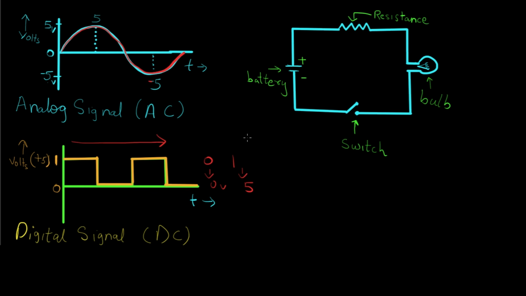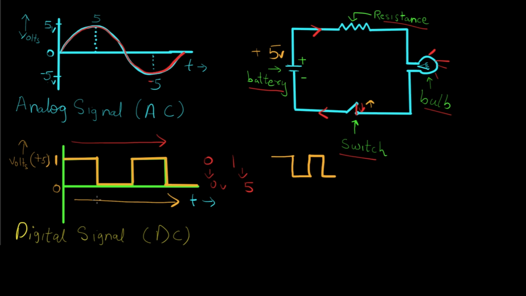Now I have drawn a basic example of a digital circuit. We have a battery, we have a switch, we have a bulb over here, and there is some resistance in that circuit. Now when this switch is closed, electricity flows from positive to negative and this bulb starts glowing. As soon as I turn off the switch again or break the connection, electricity stops flowing and the bulb stops glowing. So in this case we are applying a digital signal which is +5 volts, for example, and we are switching it on and off. So we are switching from +5 volts to 0 volts, again back to +5 volts to 0 volts. So this is the reason why I drew this waveform.